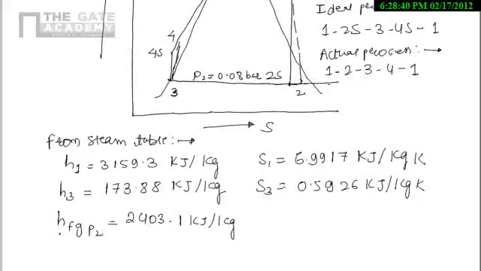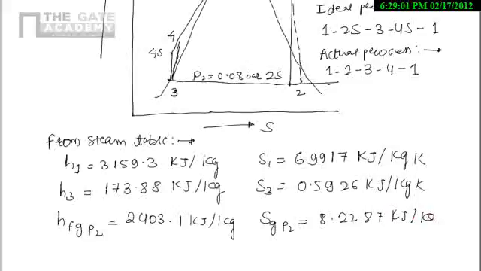So here hfg at P2 is 2403.1 kilojoule per kg, and similarly the sg here at pressure P2 is 8.2287